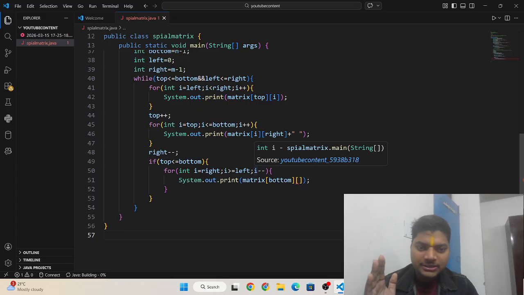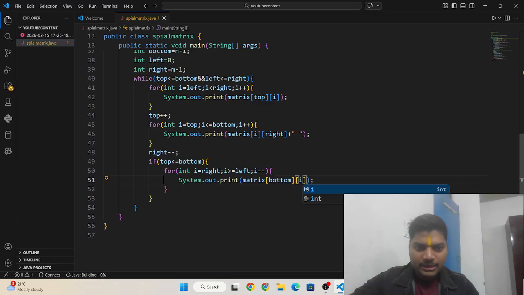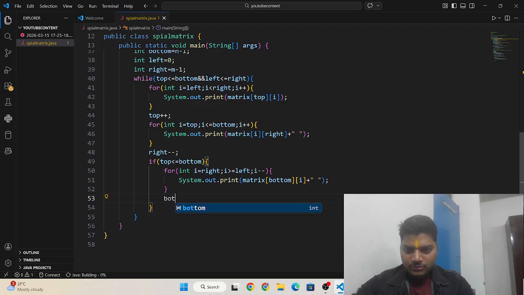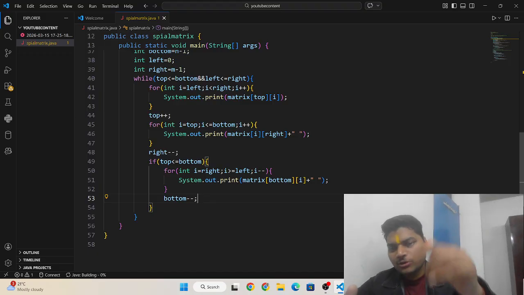So I need to print i here, and after printing this I need to write a space. After printing a space I need to do bottom minus minus, so that it can move upward. If it is 4 and we do minus minus, then it will move to 3.